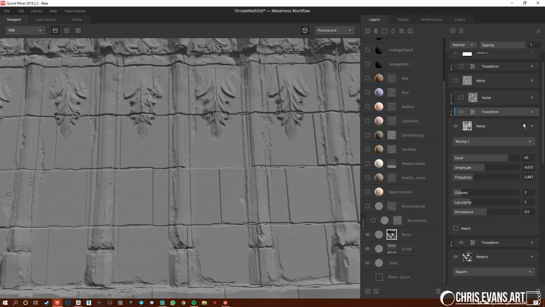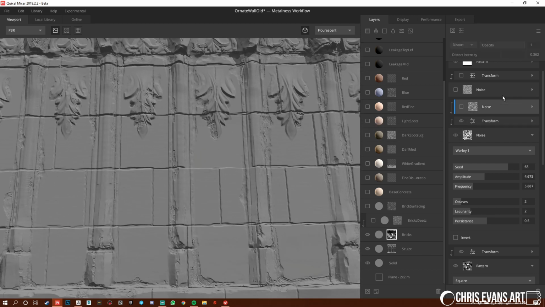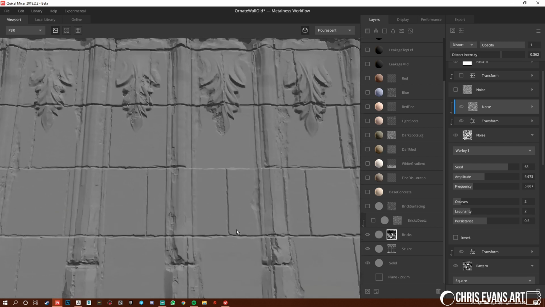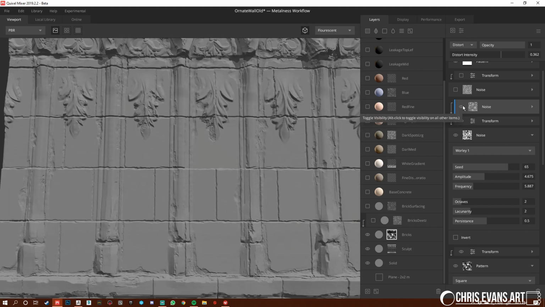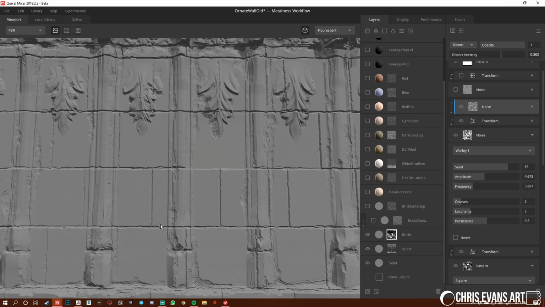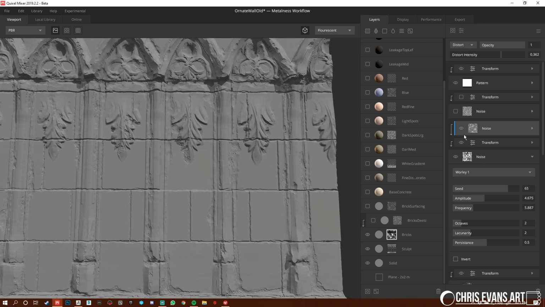But I didn't like it applied everywhere. So I create this noise. Actually, what I do is distort this noise even further. Because this was very repetitive, you can see that this is coming over here. So this noise is distorting the transform itself. So this is affecting this only. And now I'm getting some really cool chipping and stuff inside of my bricks. And then I utilize another distort,